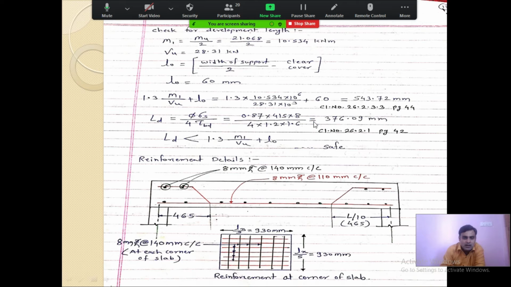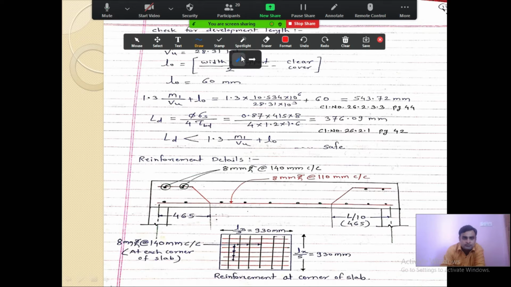Now the last part remaining is the reinforcement details. I will show you. This is the typical cross section along the line. These bars start here, this is the main steel, and these are alternate bent up bars. Main steel means steel in X direction. Both are main steel, as it is a two-way slab. This is the steel in X direction, and these dotted dots you have seen over here are the steel in Y direction.